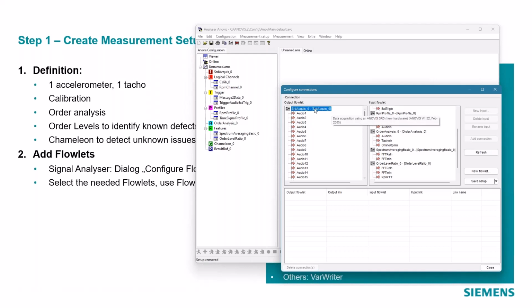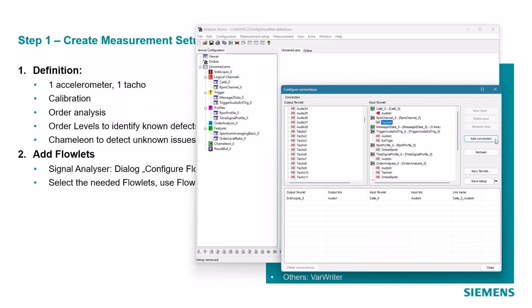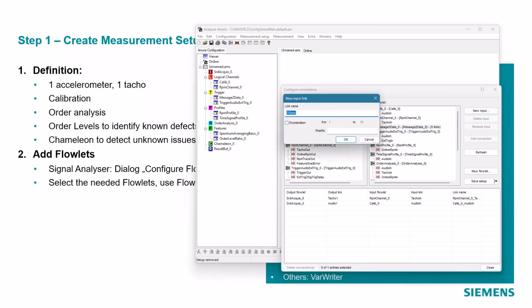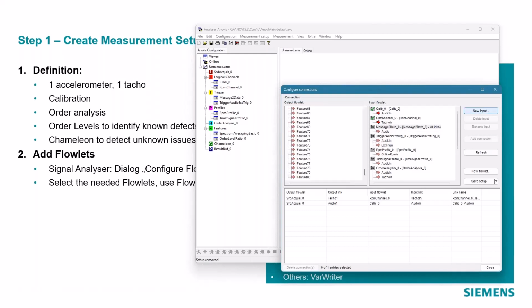You see here on the left side the outputs of the flowlets, on the right side the inputs. And I connect now the first audio channel of my signal recording device with the calibration flowlet. I connect the first tacho channel with the RPM channel. Then I have to add here some links.